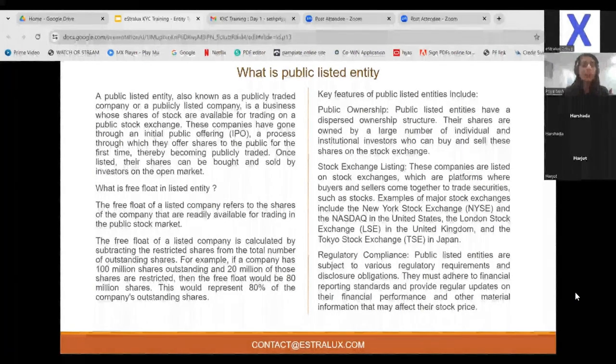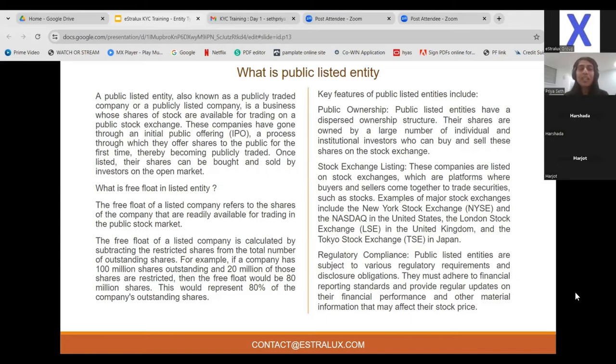And then for them, I have certain definitions of free float in a listed entity that you might come across. I've just given you a small example. Again, don't go into much detail, but you should know what free float is, because when you are going to find out who owns which percentage, you might go to the website and see that the shares of the ABC public listed company are free float. So what is that?